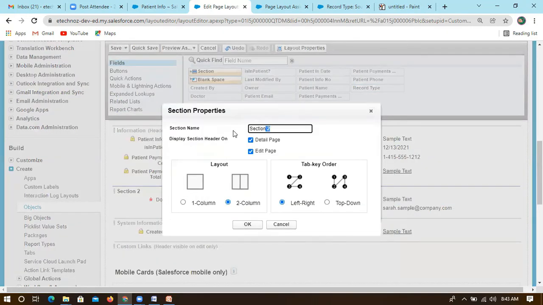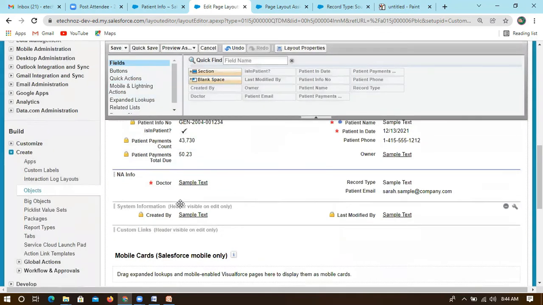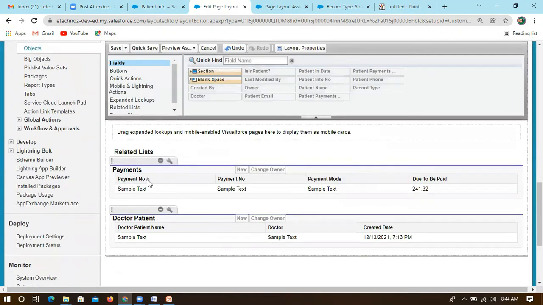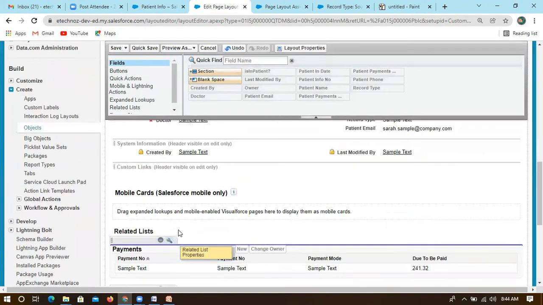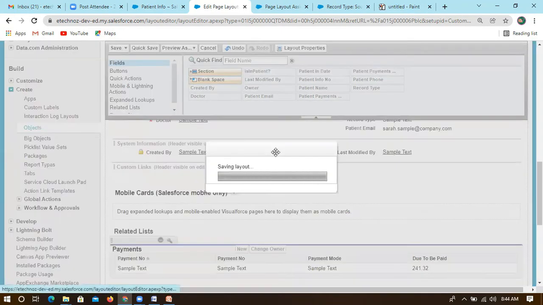This section 2 I'm labeling as... and if you want to add some other information, you can add it in the related list also, and save this.